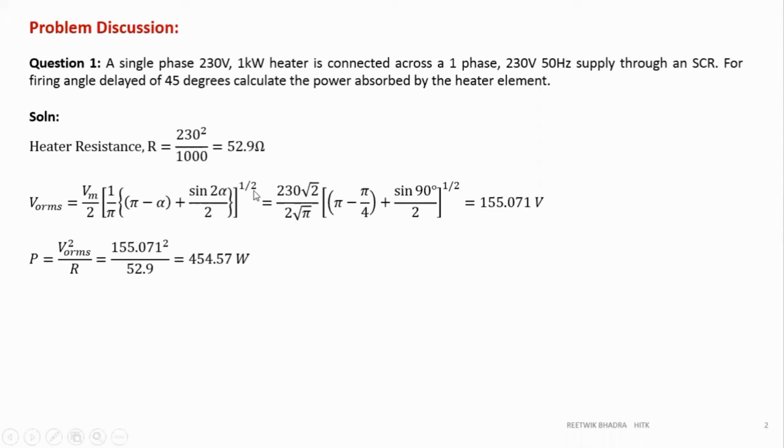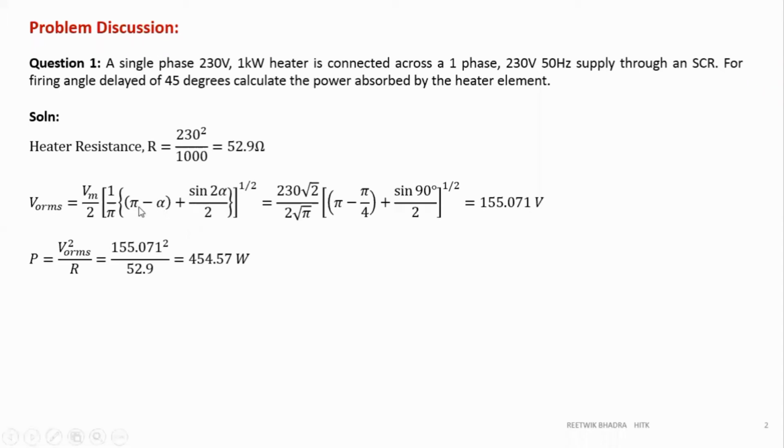Okay, this pi taken outside, so can be written as root pi. Now, whenever alpha is associated with pi, you have to write alpha in terms of radian. So what is my alpha? 45 degrees. So see over here, pi by 4. And whenever alpha is associated with your sine, you should write in terms of degrees. So 45 into 2 gives you 90 degrees. But don't change the mode of the calculator. Keep it in degree mode only and do the calculation. You will get 155.071. Please try it once at your home and tell me if there is any difficulty with the calculation you are facing.